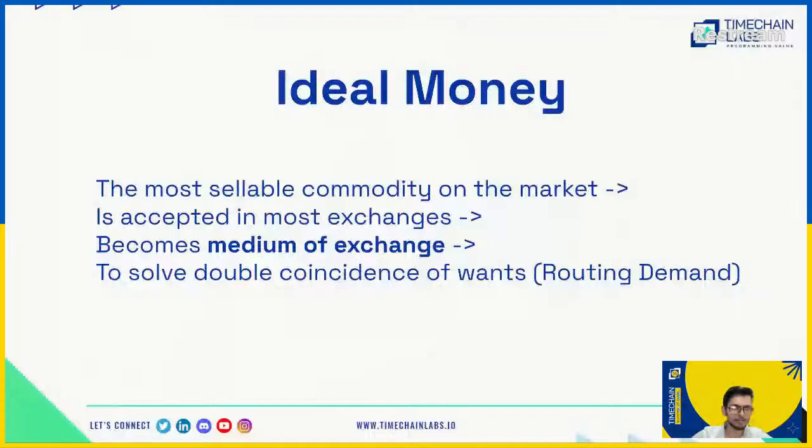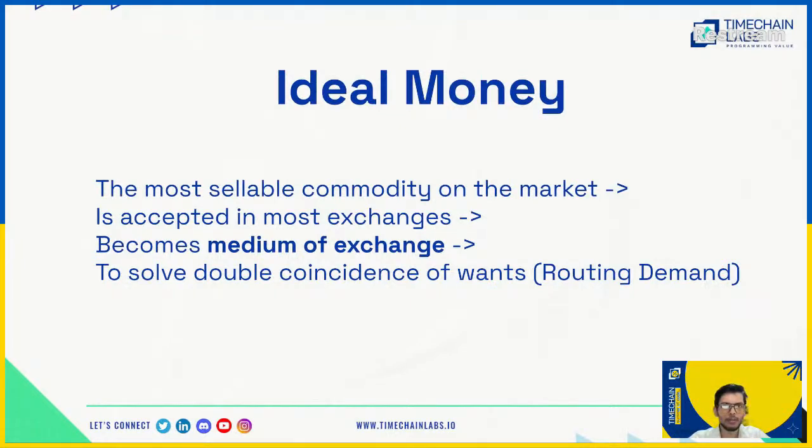That's what gives money its property, that everybody wants it. Since everybody wants it and it can be priced, it can be exchanged. So you can just use a middle currency to exchange. Even though finally I want a TV, I can still exchange with a middle currency that everybody wants, which is money, which can be priced. I get it and I pay it to somebody else, and it solves the double coincidence of wants. So that is the core of money.